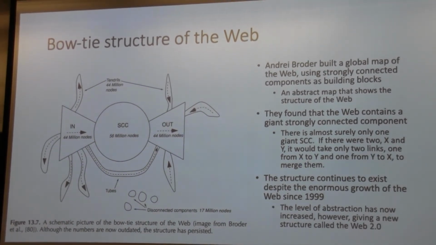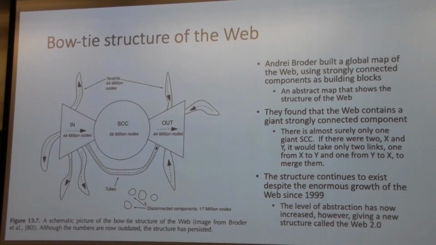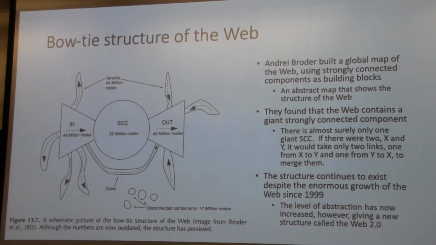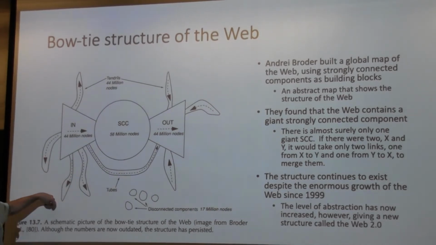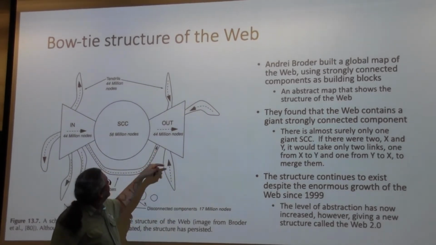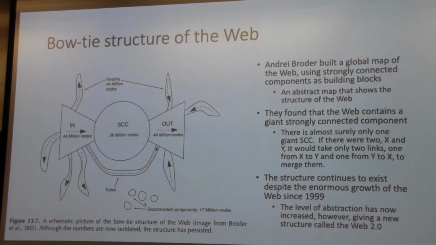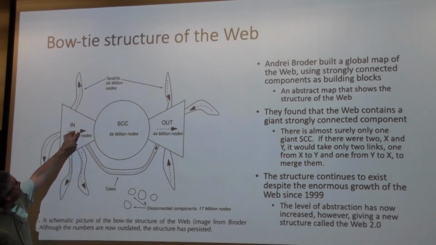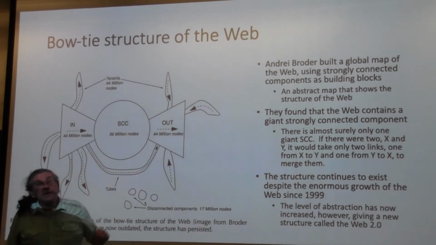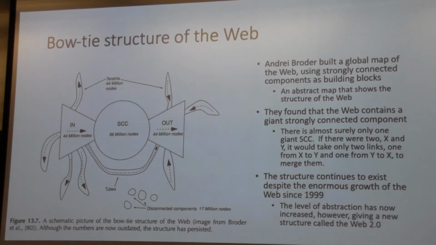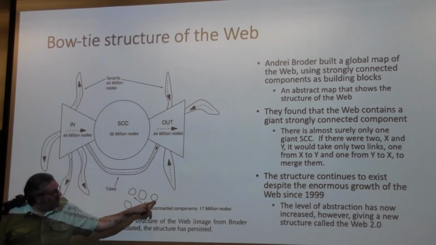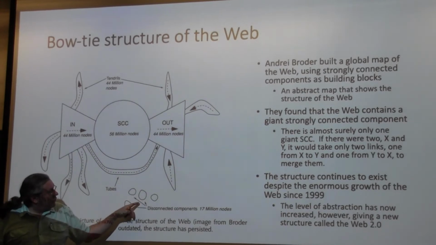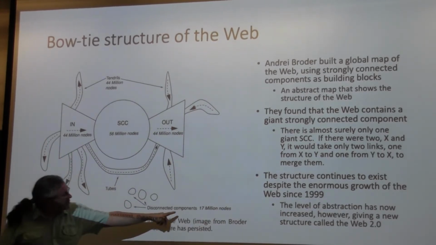Okay. Then you also have tendrils and tubes. Tendrils, débris if you want in French, are paths coming out from the in, but not going anywhere, or they go into the out part, so they're not part of the strongly connected component. You also have tubes directly connecting the in to the out nodes, so it's a kind of very weird organic structure. You also have pieces that are not connected to anybody, small versions, and the approximate size, so 17